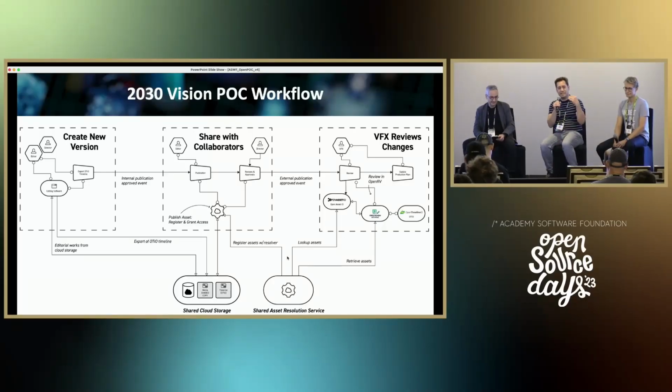Yeah, so in this model, again, you're not changing the task. This is not some new paradigm of working. There's still, you have to work with your creatives. You get a new version. And instead of rendering out the local version and then moving it, the media is immediately rendered to shared cloud storage. Then that process of saying I want to share with collaborators, in this case the VFX house, is actually just a process of granting permission to have access to that.